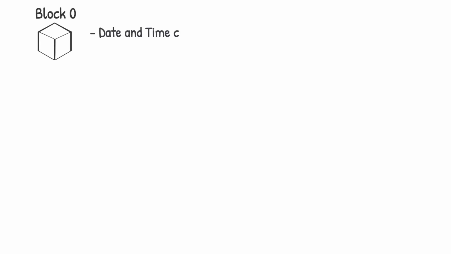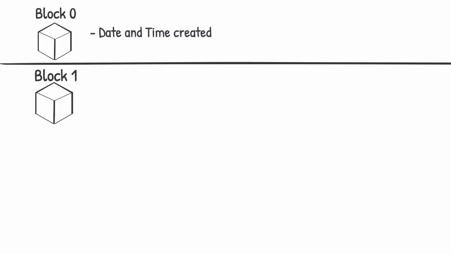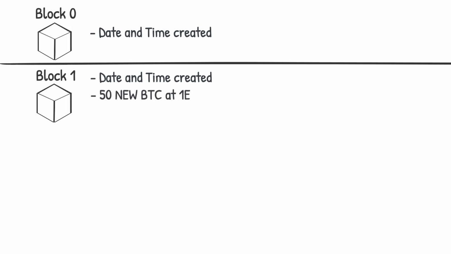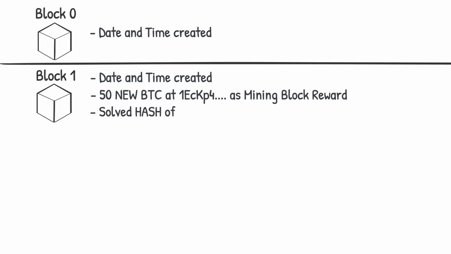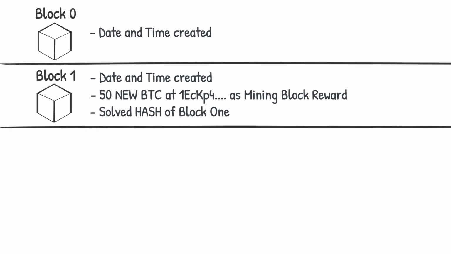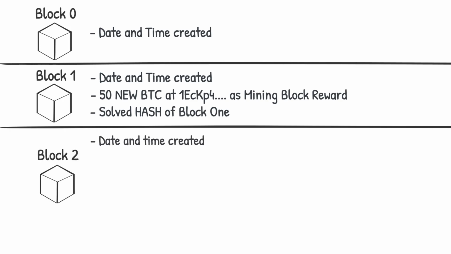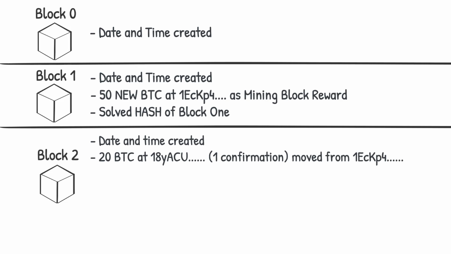Block 0, date and time created, plus Block 1, date and time created. 50 new Bitcoin at 1ECKP4, etc. as mining block reward, plus solved hash of Block 1 plus. Block 2, date and time created. 20 Bitcoins at 18YACU and so on. 1 confirmation moved from